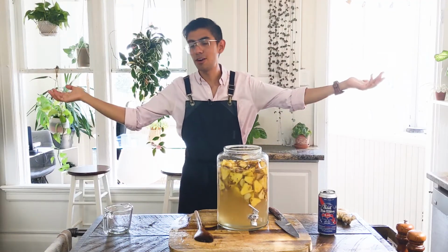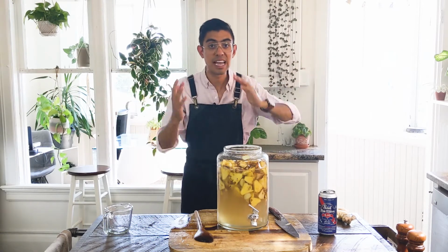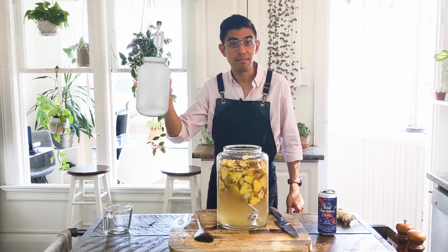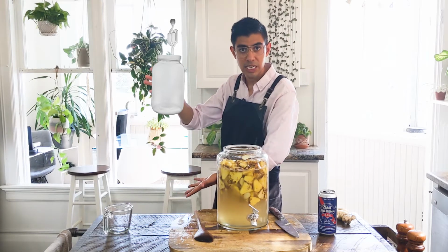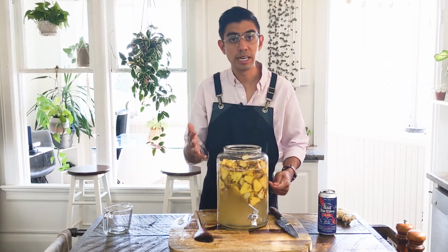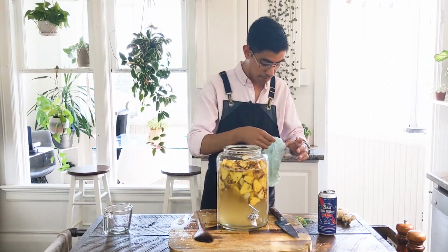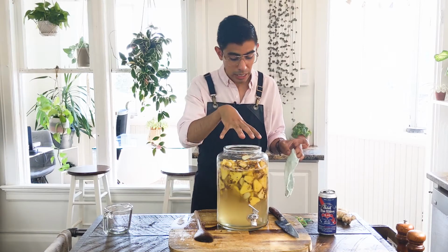All right. Now for the funnest part of them all. We get to make a super ghetto airlock. Obviously, if we were doing this properly, we would use an airlock that looks more or less like this, but we don't have that. We don't have this container with an airlock. This here container that I have in my hand. So because of that, we're gonna have to make our own airlock, and I assume that you don't have one too. So we're gonna make one, and for that, we're gonna use a couple pieces of plastic that you're gonna cut in a circle that's gonna be bigger than the perimeter of your container, and we're gonna put